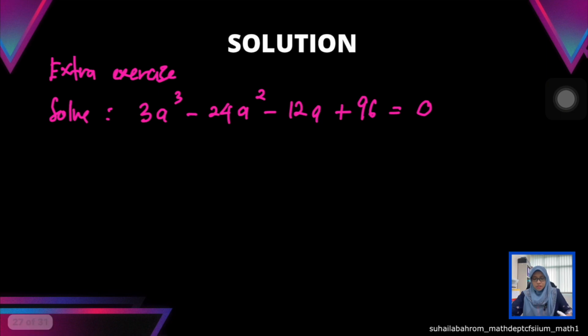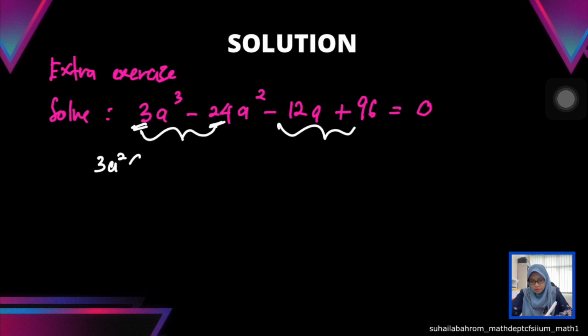Okay, so let's try out this question. This is also a question involving factoring by group. For this case, we can group the first two terms and the last two terms here. We have 3a cubed minus 24a squared minus 12a plus 96. Not every equation involving four terms can use factoring by group. It depends. For this one, if you group the first two terms, between 3 and 24, we can factor out